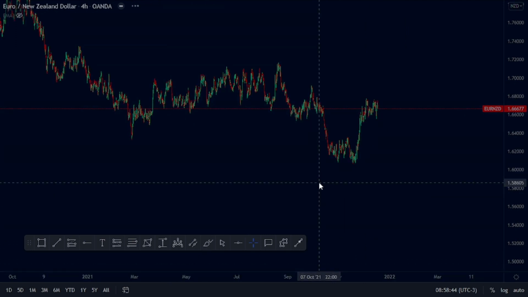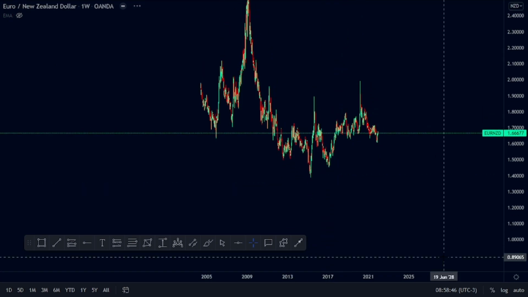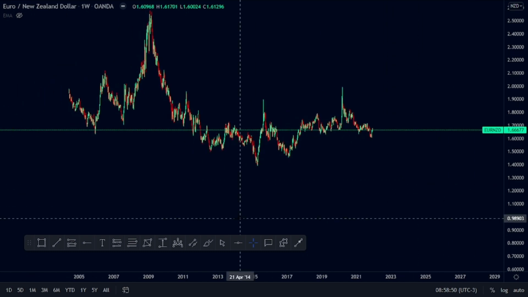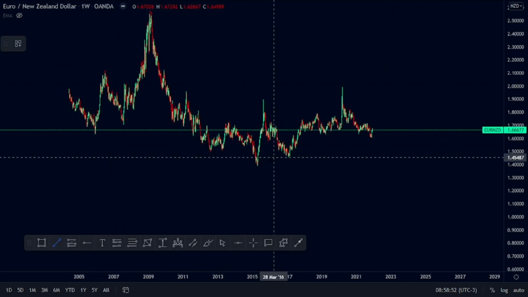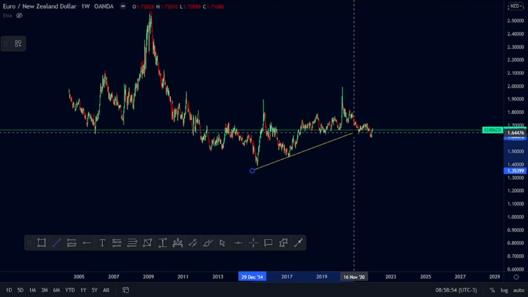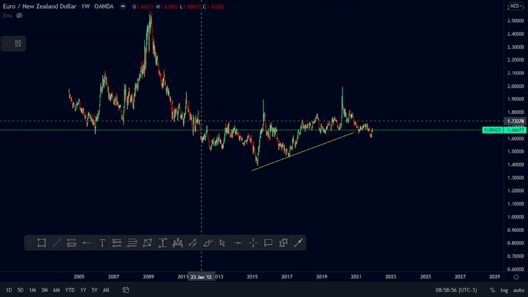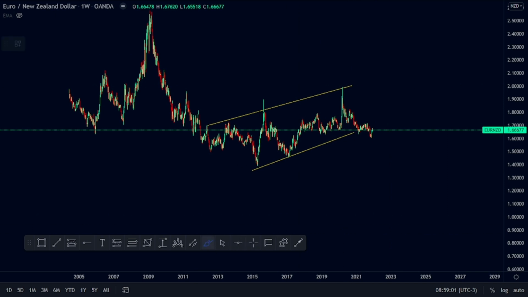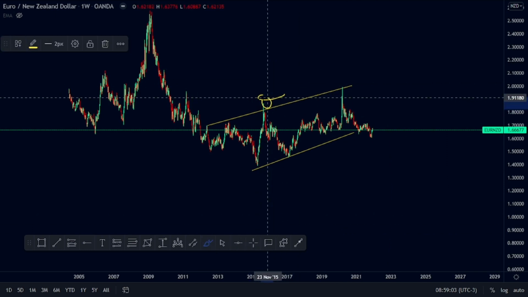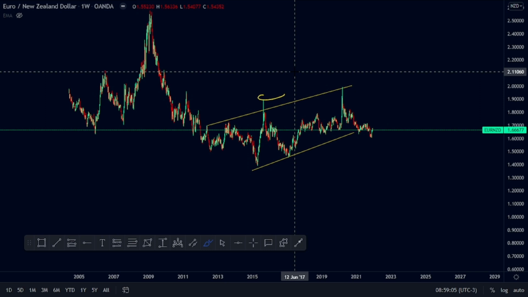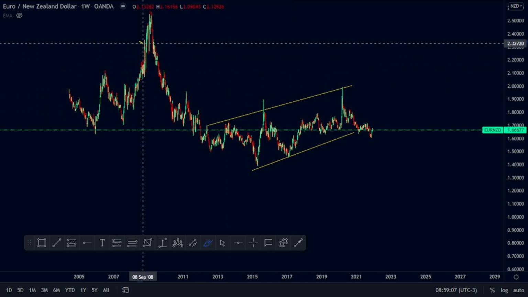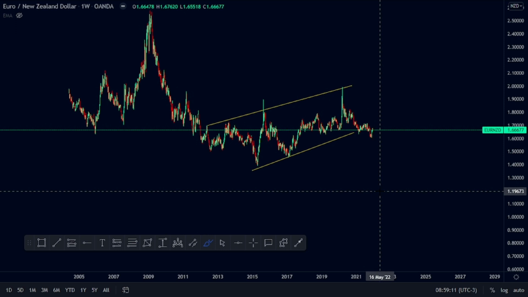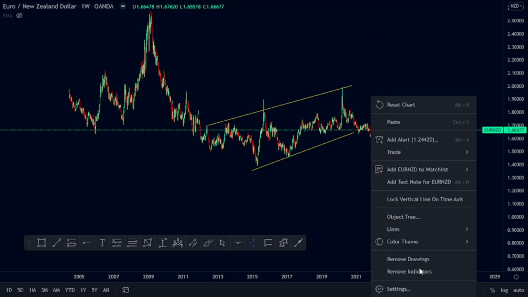EURNZD. We are in a sell bias. If you can take a look at how price has been moving, the inner sell bias. This is a higher time frame structure, ascending. The reason why I passed through it is because this is basically volatility. It's an ascending, obviously impulse, correction, continuation. So this one is also on a sell bias,